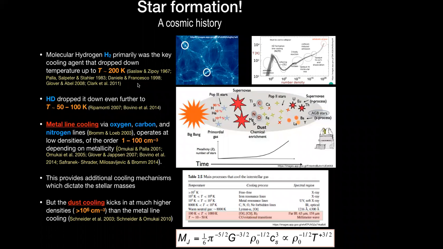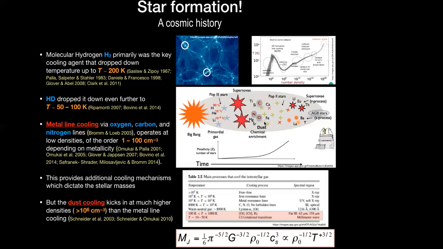And the next phase of star formation was happening with relatively enriched material, rather than just from H2 and helium. So the next phase of star formation is the population 2 stars, which we expect are not that massive as compared to the very first stars, because now they were forming with some enriched materials, for instance, carbon, nitrogen, and oxygen. And it is also important that we call these metal line cooling agents.